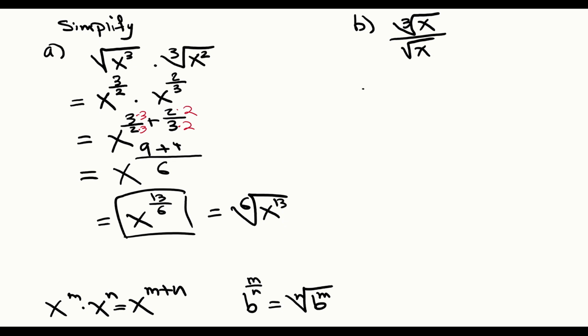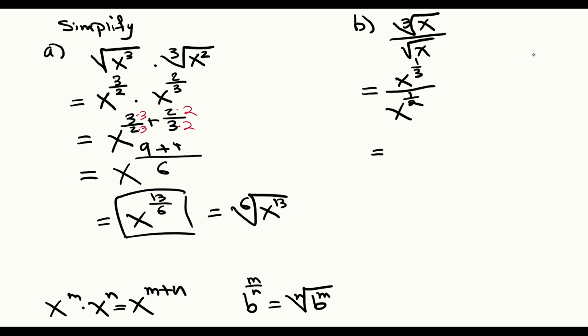So in the next problem, again, if both of these indices were 3, we would be able just to simplify. Well, of course, it would just be the cube root of 1, which is 1, but they're not. Remember, this is the cube root and this is the square root. So again, we're going to have to go to exponential form to get some help. So we get x to the 1/3 over x to the 1/2,